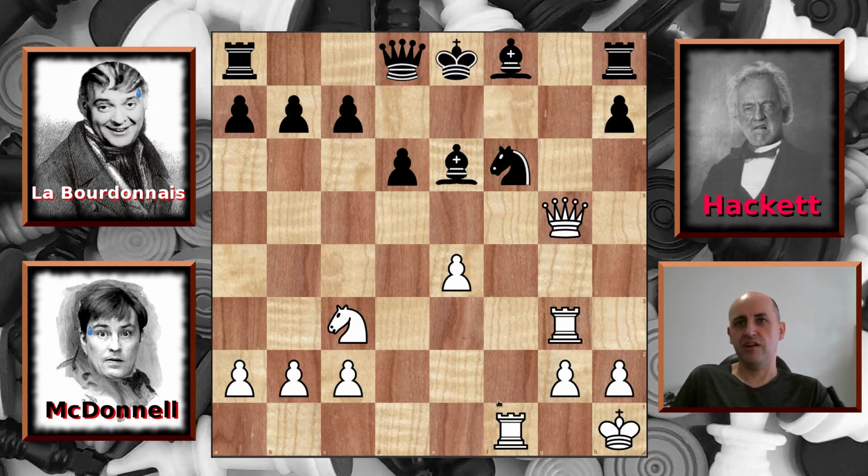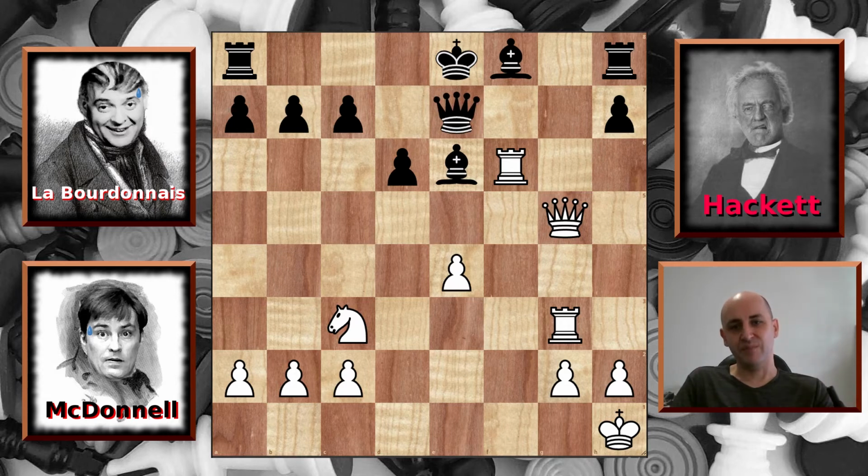He moves his king first. So the rook captures the knight, and the queen comes to e7. Bourdonnais is still up material, but the McDonnell pieces are more active. It's still anybody's game. Both McDonnell's rooks have left the back rank, so he will need to be careful about